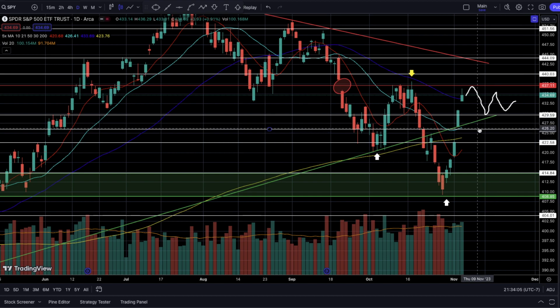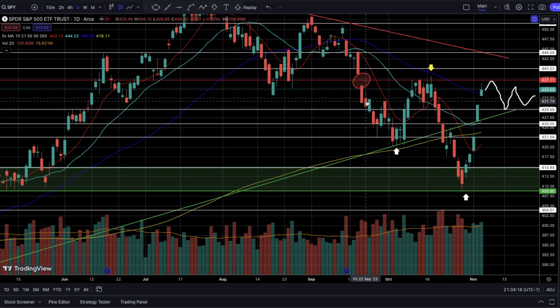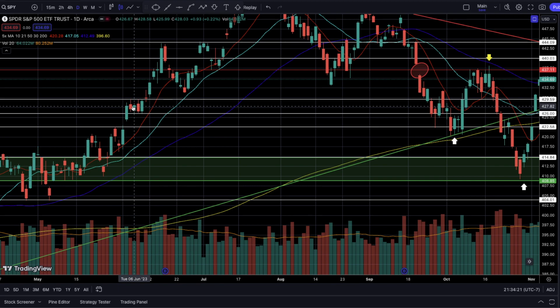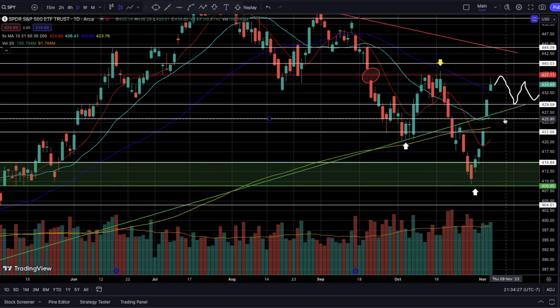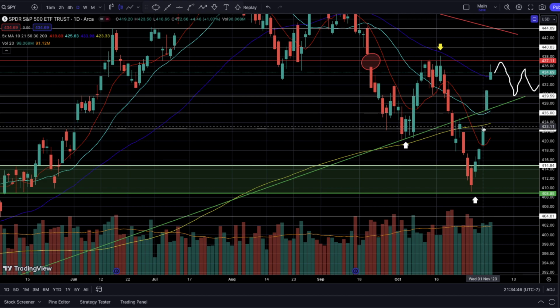So I'm going to make sure that we keep this 426 level in mind, because if we do see 429.50 not being held as a level of new support, since it was an old level of resistance, this level goes all the way back to early June when we made that small momentum micro bull flag, then we need to look at the next major level of new support, which is sitting at 426, and that will be a great pivot as well, because that will be a 2% pullback from this big run up, and plus we would have started to fill in this first gap that we saw last week.